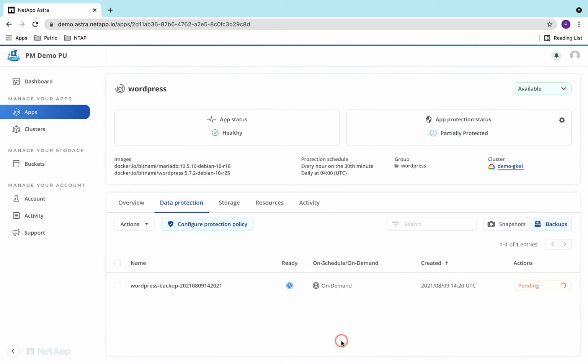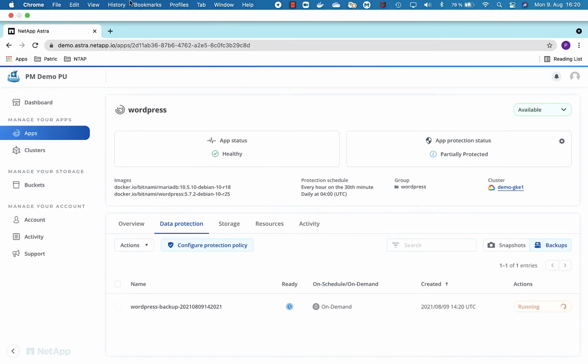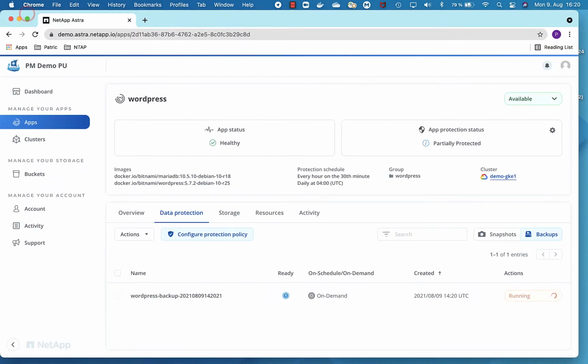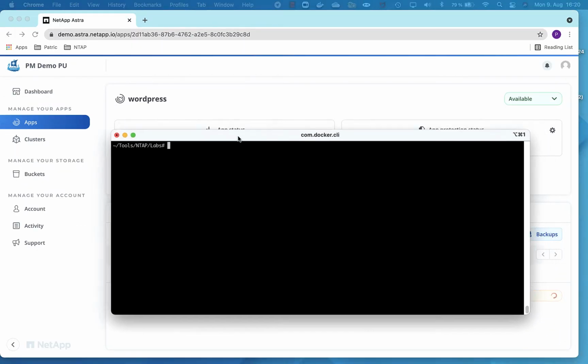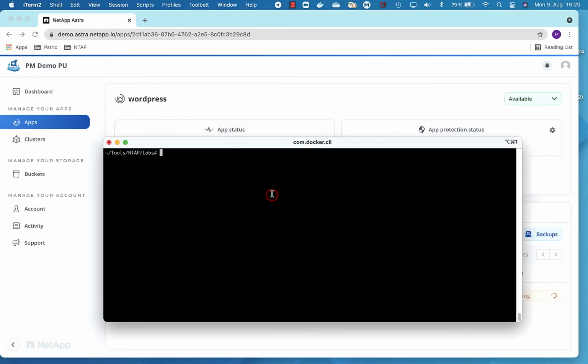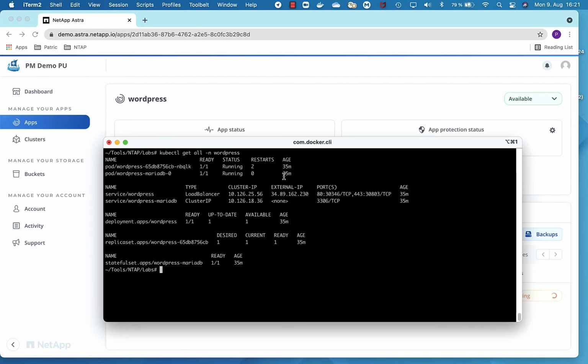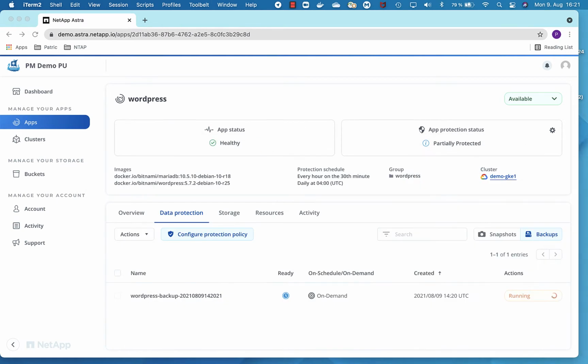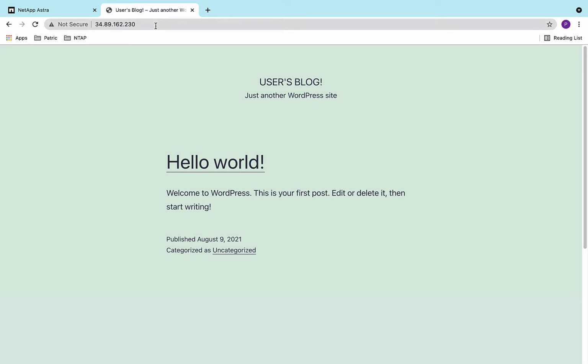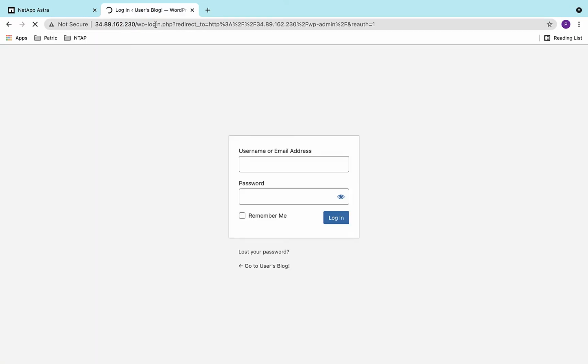While the backup is being taken, let's modify the WordPress application a bit. Let's give it a different title for demonstration purposes.